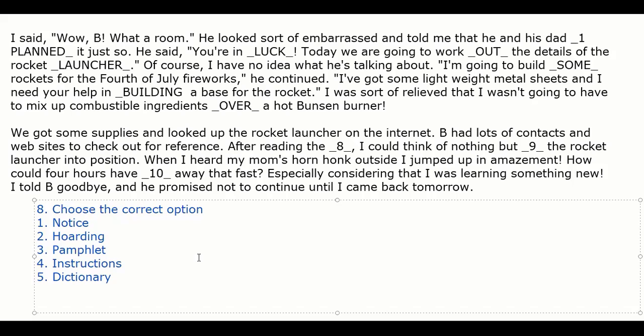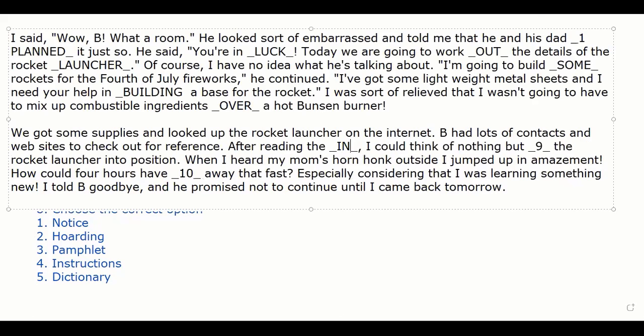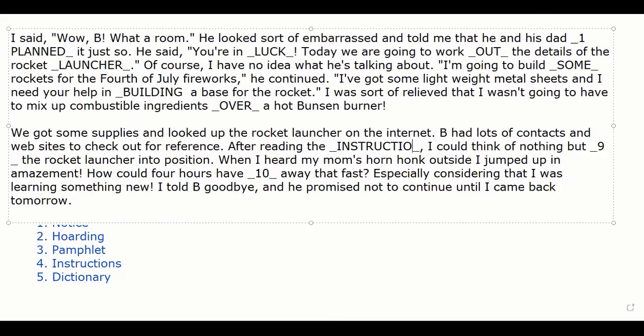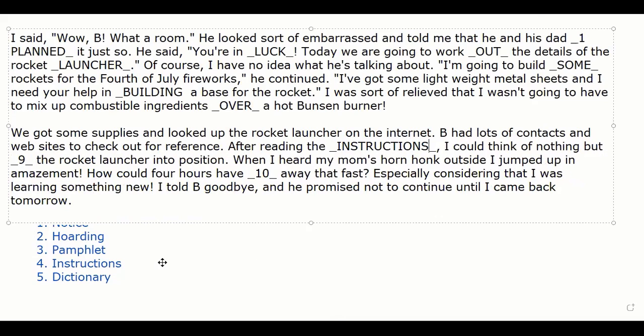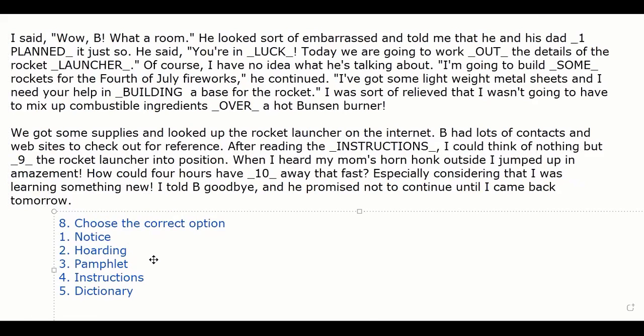4, Devendra says. Okay. Devendra, why is it 4? 4 is correct. But what is the reason? Okay. Achintya. Because they wanted to build a rocket launcher, they have to read instructions. Yeah. After reading the instructions, I could. You are right. Because it's not like some notice pasted. They are reading the manual or they are reading some instruction over the internet, right? So it's very natural. It has to be instructions, guys. After reading the instructions, you are right. Thank you. If they do not read instructions, they will do something miserable, something damaging, bad. Good. So last two, guys.